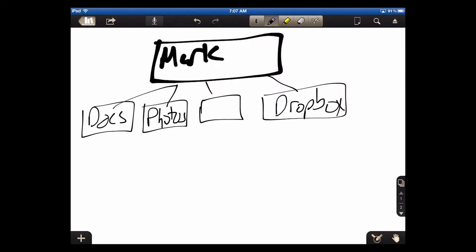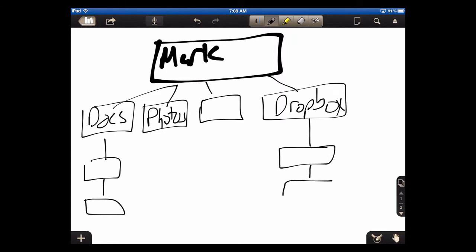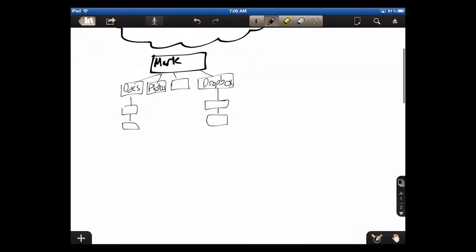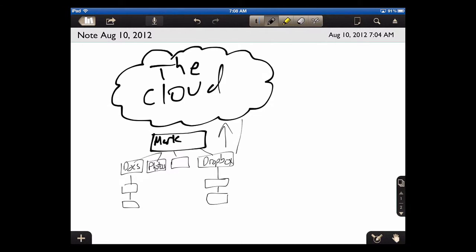Now, anything you put in there, just like you would put other files or other folders under your docs, you're going to do the same with Dropbox. And it's going to keep those folders on your computer just as if they were in your documents folder. Now, the thing that it's going to do that's really helpful is it's going to take those files in your folder and it's going to upload them to the cloud. That way they get stored for you, they get backed up, they get encrypted, and you have access to them on multiple devices. Basically anywhere you have an internet connection, you can log into your Dropbox account and get access